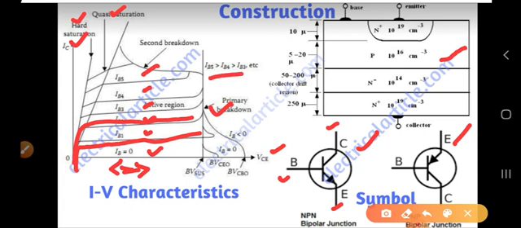As you increase the base current, the collector current also increases, so it totally depends upon the base current. The base is acting as a controlling current. When you decrease the base current, the collector current also decreases. When you increase the base current, the collector current also increases, and it has a relation like this. This is the VI characteristics of the power BJT. So next